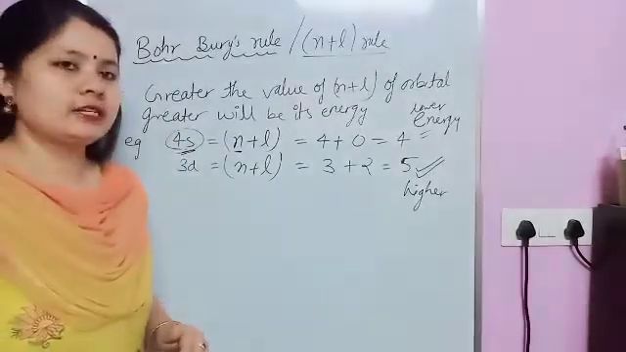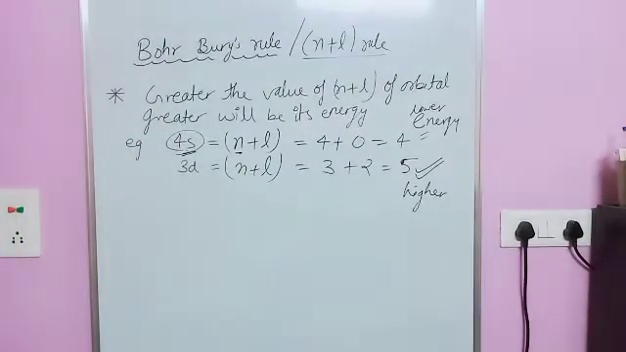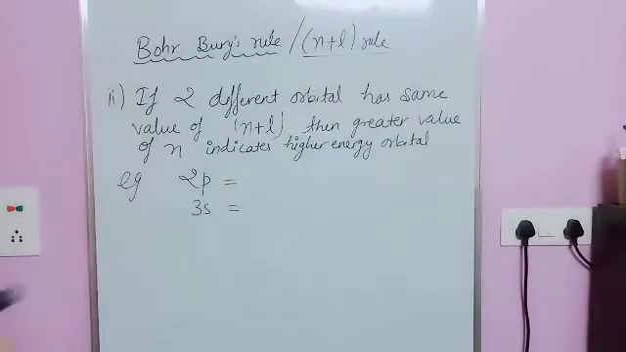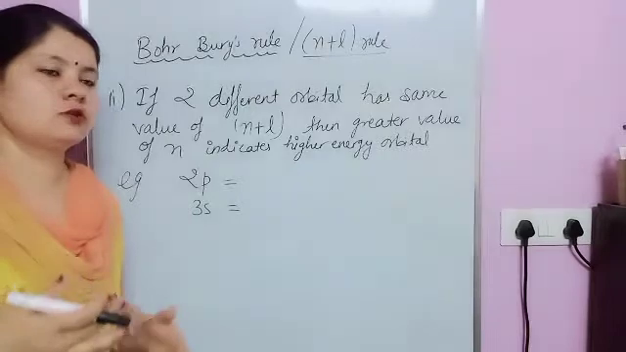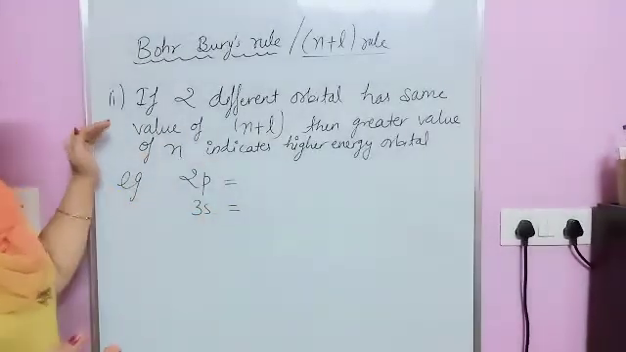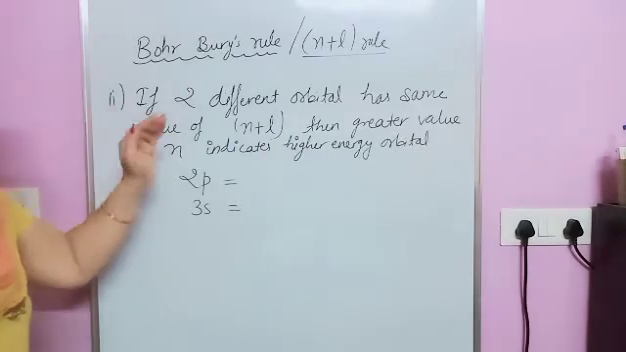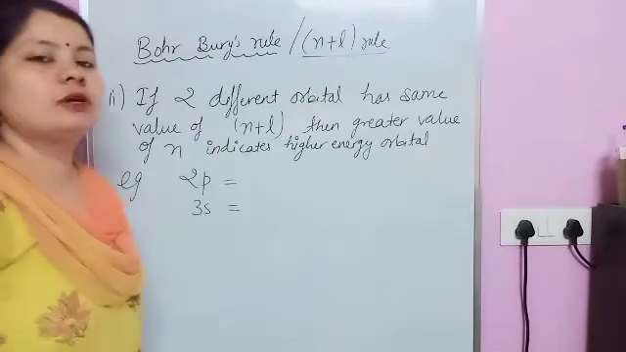Now what about second statement? Okay, now just see, note down this. Okay, 11th class. Now just see first statement. Hope so that one is clear to you. Now this one is second rule. First rule easy. Okay, now second one, that is if two different orbitals have same value of n plus l,